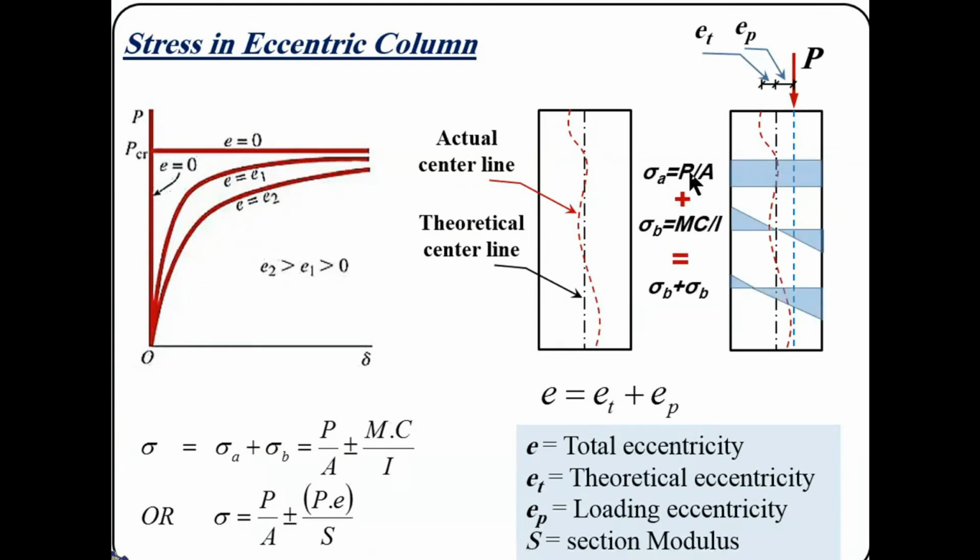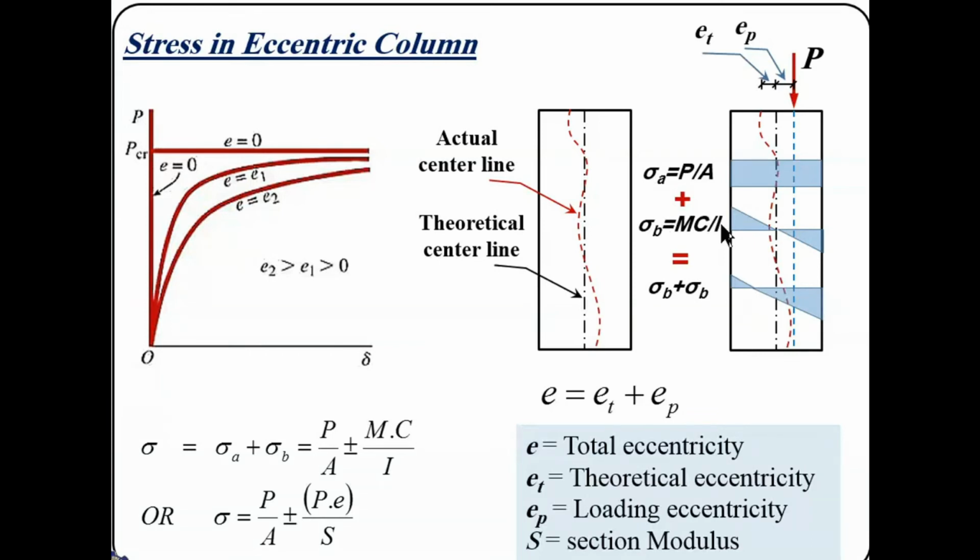Here you will see that the axial stresses are negative, and are completely P over A. For example, if I consider this theoretical center line as a neutral axis, then half of the section will be in compression and half of the cross section will be in tension due to the bending stresses, which are a function of the eccentricity of the load. If we sum them up, we get the net profile. The compressive stresses are summed up on one side, and they are also algebraically summed up on the other side. This means that the net stresses are larger.